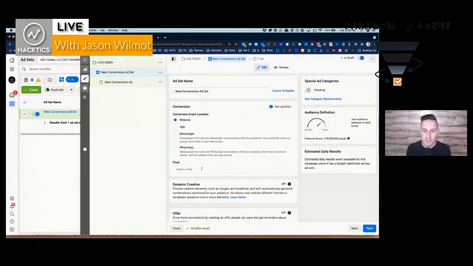So what you're trying to do when you are setting up this conversion event is train this system to go to work for you. And the more inputs that you give it, the more like, hey, this is a conversion. It is somebody when they schedule a call on my Calendly calendar. The more times that system gets that endpoint, that feedback loop grows really strong. And Facebook knows who to go hunt down. It knows not to put this ad in front of 270 million people. It knows to put those in front of the people who are actually behaving similar to those